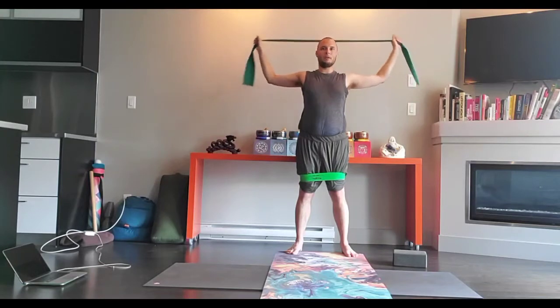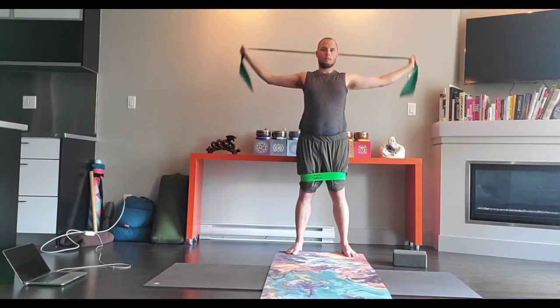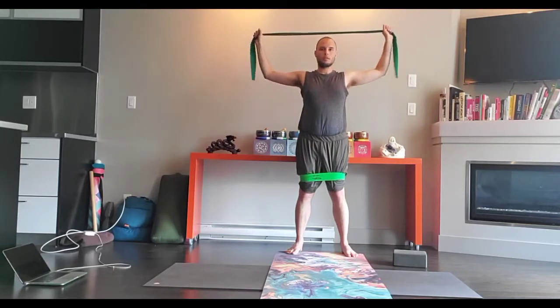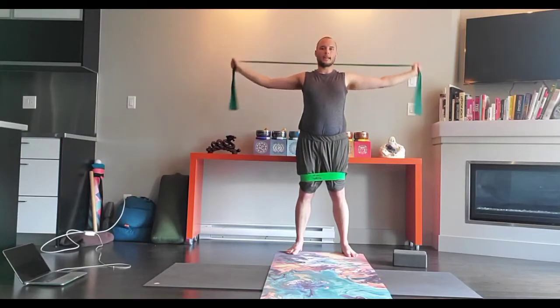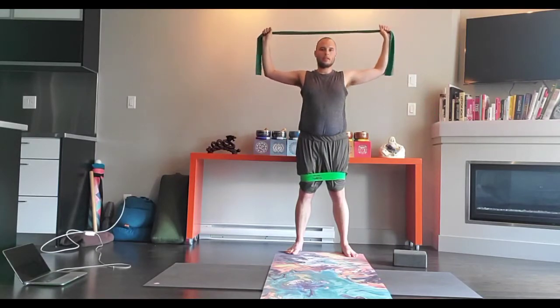You can do the same action with weights, with your arms, and just engage the muscles with your own muscular engagement without using a resistance band. No problem. Pull, release. Pull, release. Pull, release. Another 10, 9, 8, 7, 6, 5, you're almost there, 4, 3, 2,